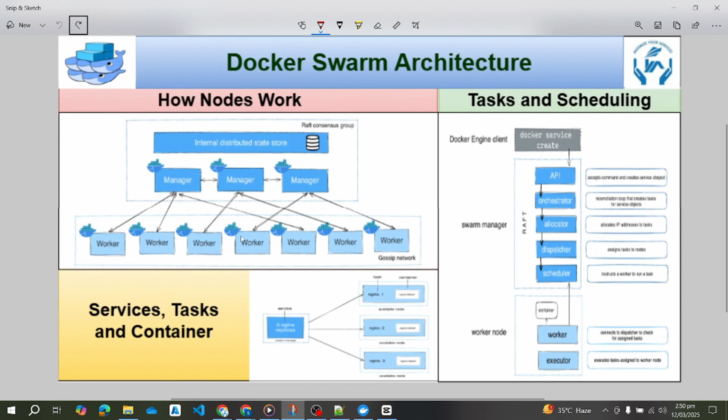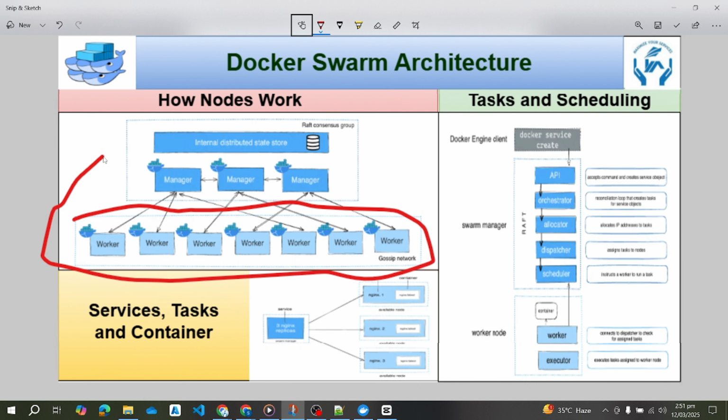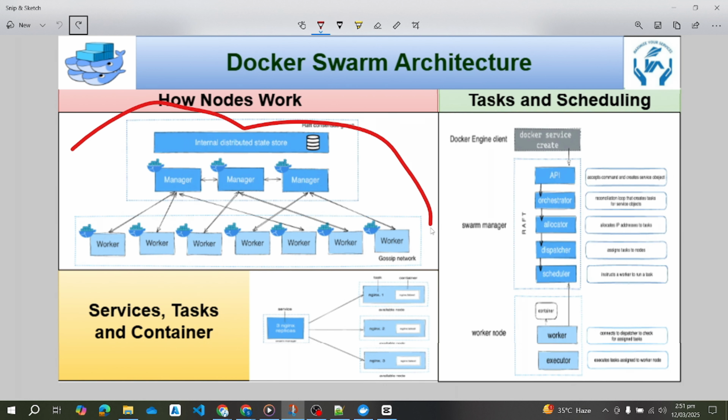Again, another important term we have, swarm. For beginners, it is difficult to understand what a swarm is. It is a cluster of Docker nodes. Let's suppose you have Docker nodes. All these nodes are called one cluster, and when you start running all these nodes in swarm mode, it becomes a cluster. Simple. This cluster can be created by initializing a single manager node, which can then be joined by other manager